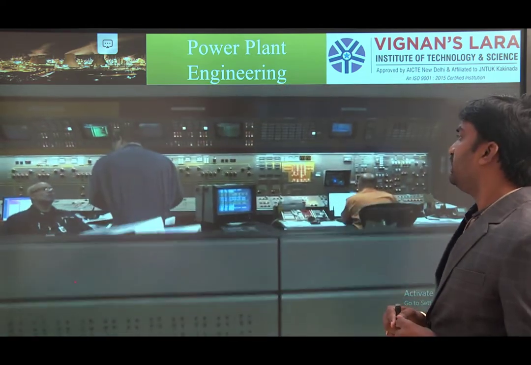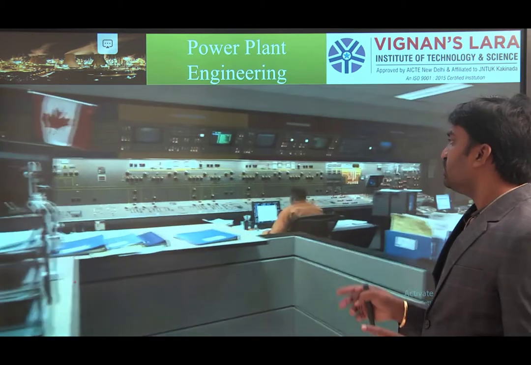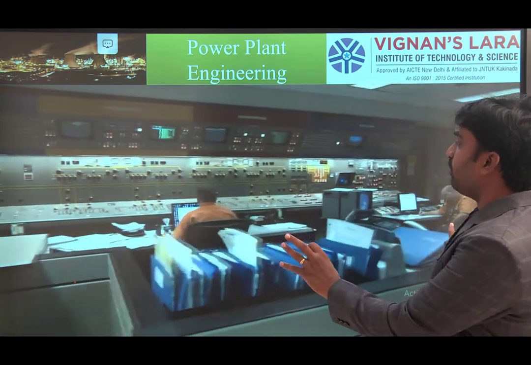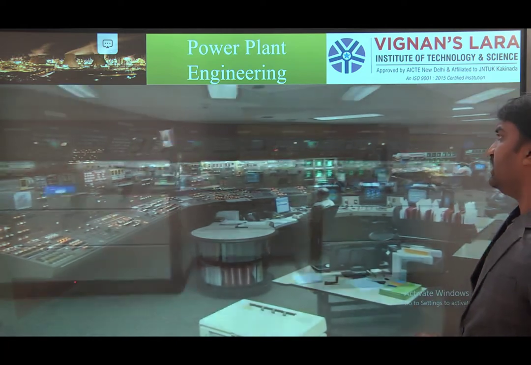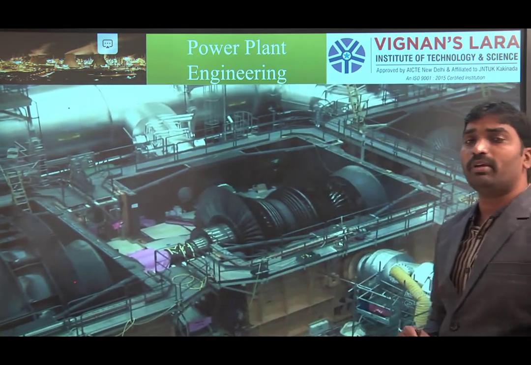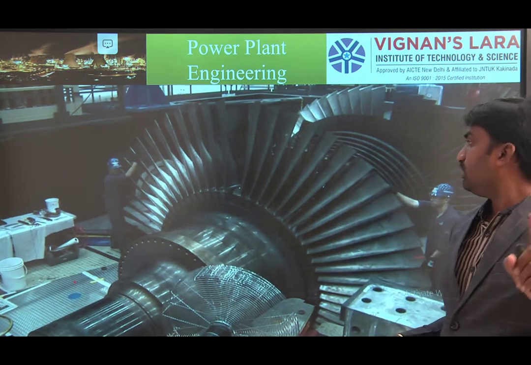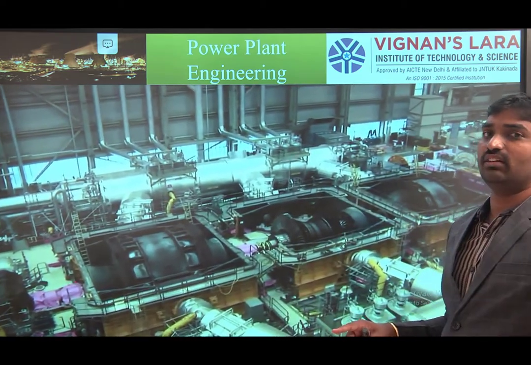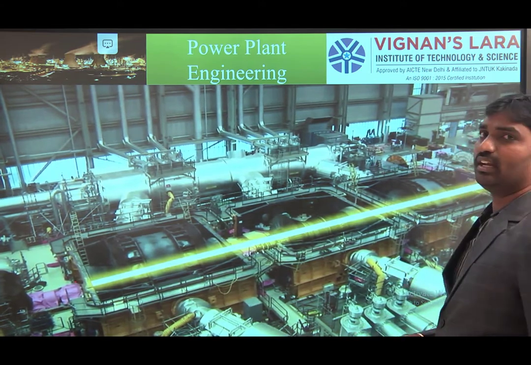Okay, so in the next class we will see what the reactor vessel is and what the components in the reactor vessel are. Just I would like to show you the components of the working phenomena here. Everything is very dangerous and we need to monitor very carefully. If one particular event fails, it may blast the entire power station, with an effect over 100 kilometers. That's why most of the states are rejecting these nuclear power stations.